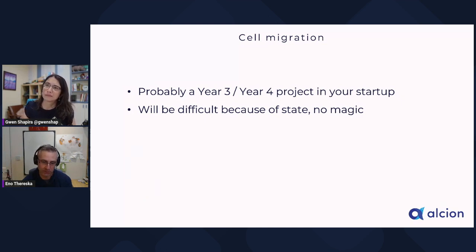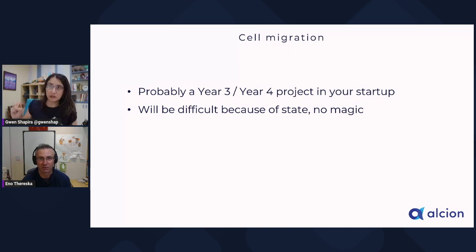You can make use of services like S3 or DynamoDB or any other storage service. You have talked in the past about decoupling compute from storage, so you can make use of a storage service to help you there. But I probably wouldn't start with cell migration. I'd probably make use of the fact that you can start a new cell quickly, seal the old one, and even if customers from the old one leave, I think that's okay for a while. So if you want to move fast, you don't need to implement migration right away.